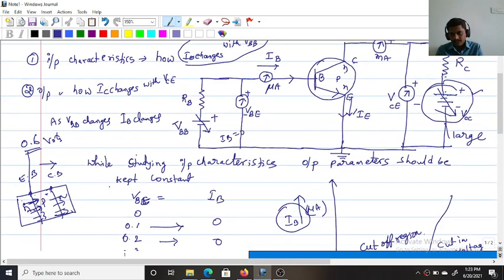Only when the majority carriers are injected into the collector does it collect. If the base current is 0, the emitter does not inject electrons into the base. They cannot reach the collector and cannot be collected by it. So if the base current is 0, IC is definitely 0, whatever VCE is. Whatever the change in VCC voltage, there will be no change in the collector current.